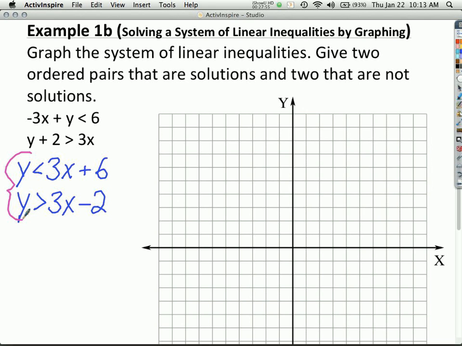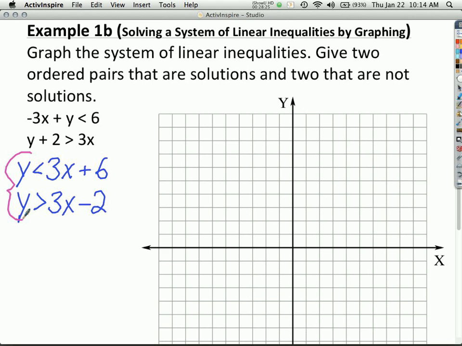Well, we got a whole bunch of people who have observations. Tristan, and then we'll go to Daniela. Tristan, observations. Same slope. They're going to be parallel. You feel confident about that? Okay, so we already have an instinct. We now have a good idea that they're going to be parallel. But remember that these are inequalities, and so now we have to pay attention to the shading.